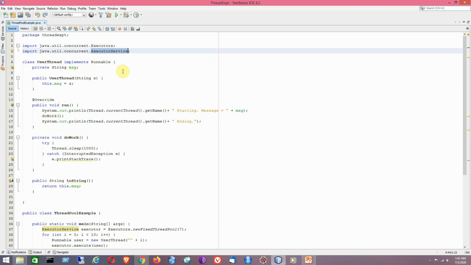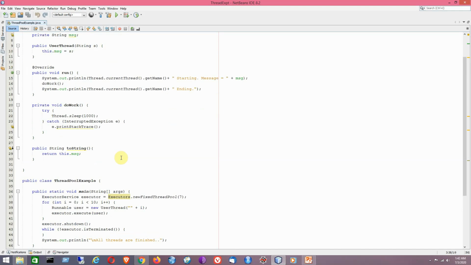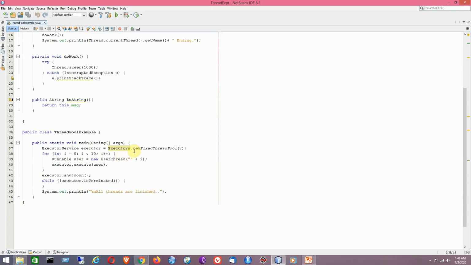ExecutorService is basically a sub interface of Executor, and the Executors class is a utility class that will give the factory methods and utility methods required for creating a thread pool. So here we are using the newFixedThreadPool method to create a thread pool.